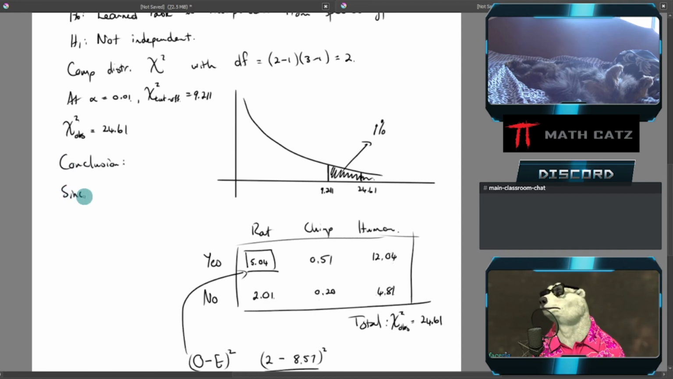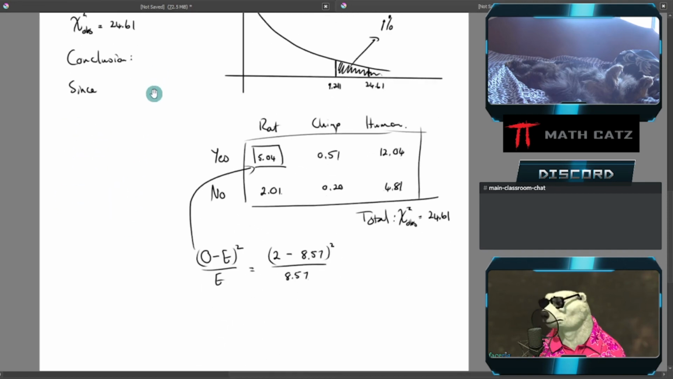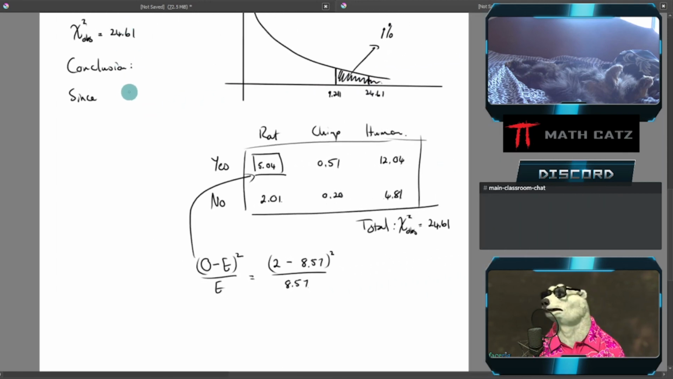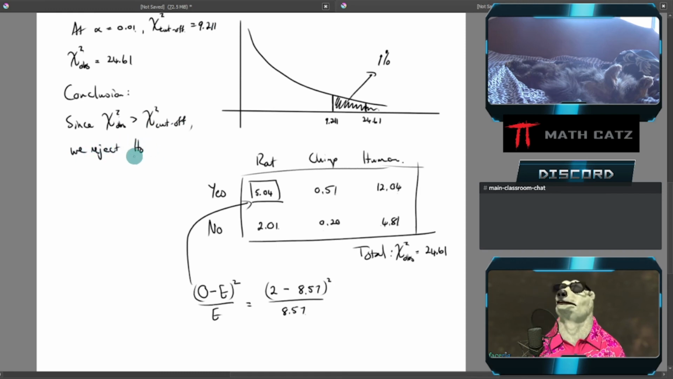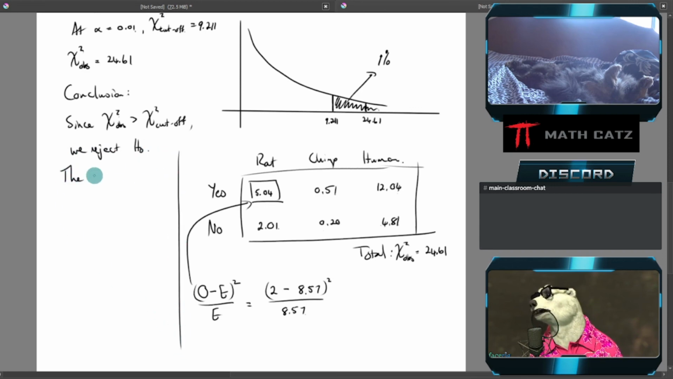So we can say, since, shall I move this up a little bit? Like so. Since my chi-squared observed was greater than the chi-squared cutoff, we reject the null hypothesis, of course, in favor of the research hypothesis. Let's make a line here. The evidence suggests that,